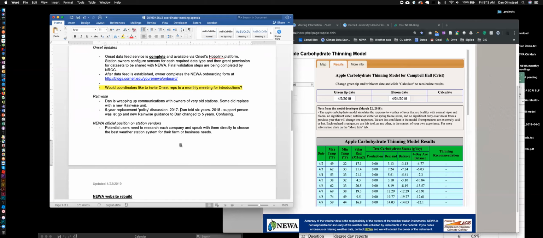For Rainwise, I've been working with Ralph. Let's see, what is it, April? In March, I went through and tagged all of the stations that are not deactivated but are inactive in New York and in a couple of other key areas, stations that have had long-standing problems.